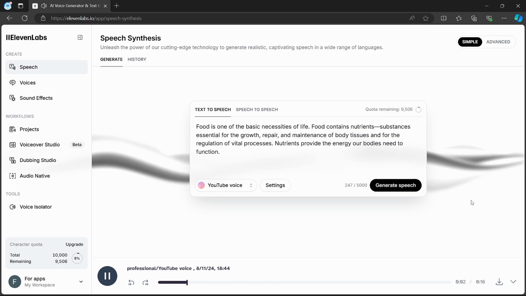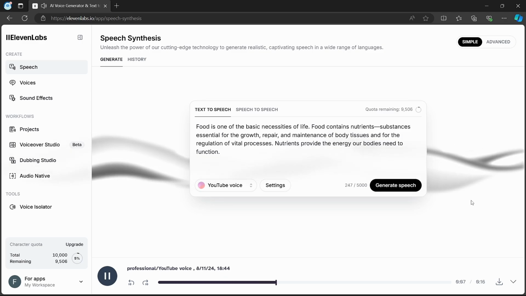Food is one of the basic necessities of life. Food contains nutrients, substances essential for the